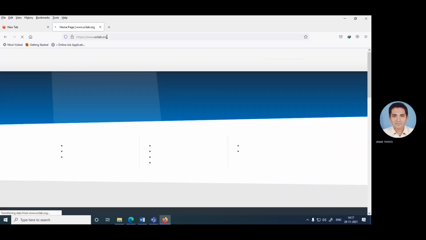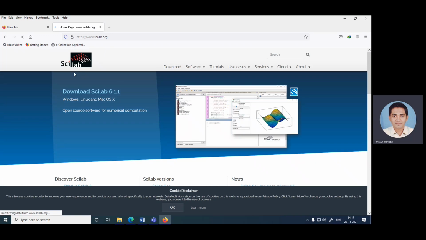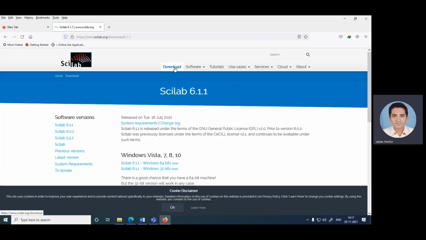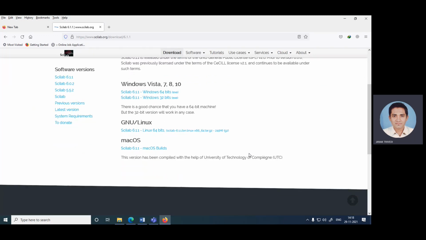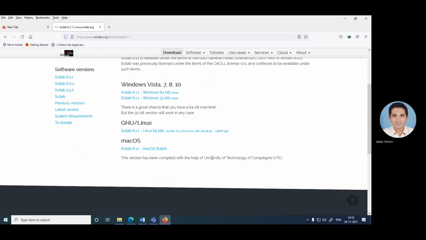and you can see download the latest version when you click download. The latest version is Scilab 6.11 for 64-bit and for 32-bit. At the time of use, you can select as per your requirement for Windows, Linux, Mac OS.